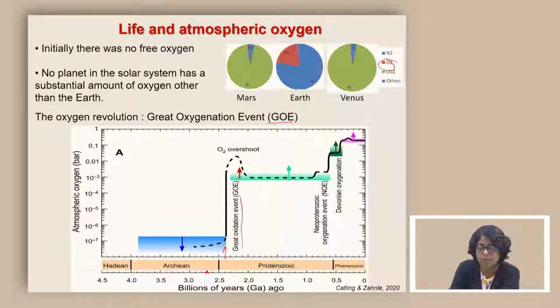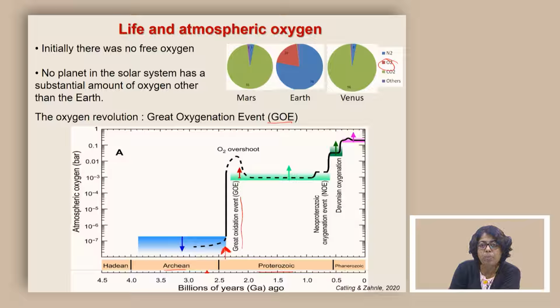Now let us try to understand what this evidence is that tells us there was no oxygen or very little oxygen before this GOE event, and afterwards it increased. So, we are now talking about a time in the Proterozoic and Archean, somewhere around 2.4 billion years ago, which will be in the Proterozoic, but more the early Proterozoic. So, we are going to look at the Archean and early Proterozoic.